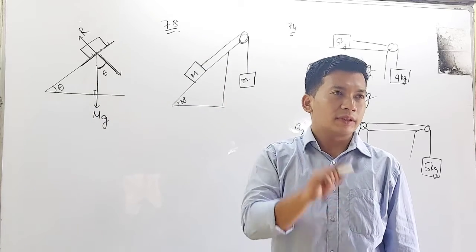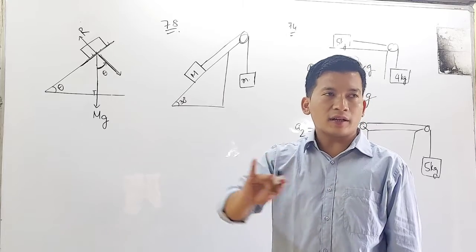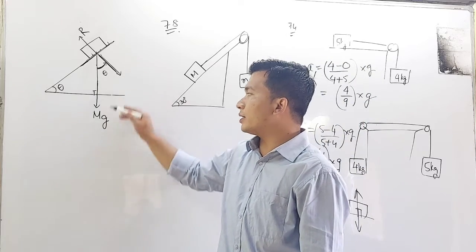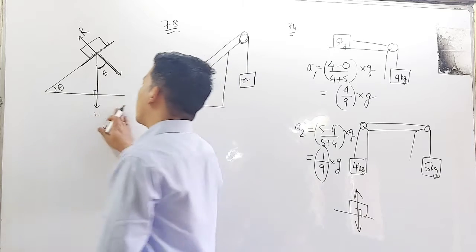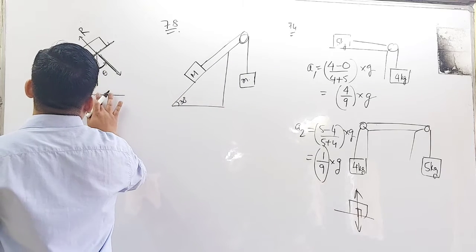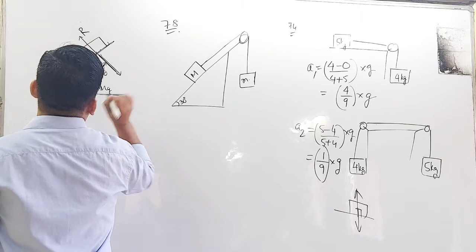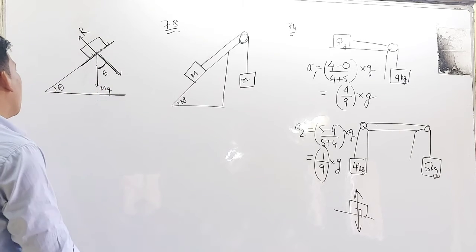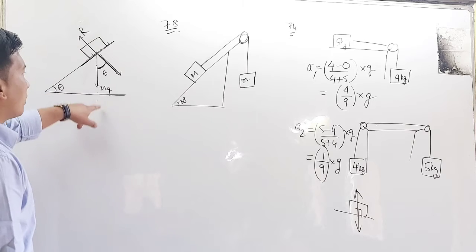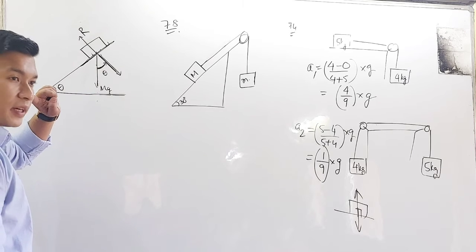Understood? We are done here with finding the angle between mg and the normal direction. We don't have to draw it completely. Now,